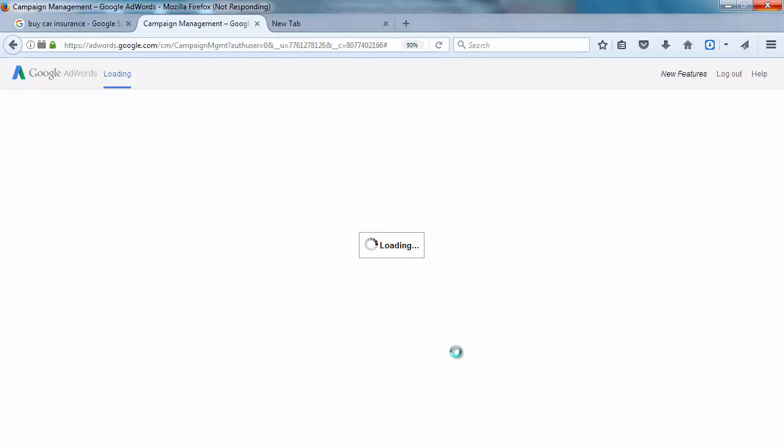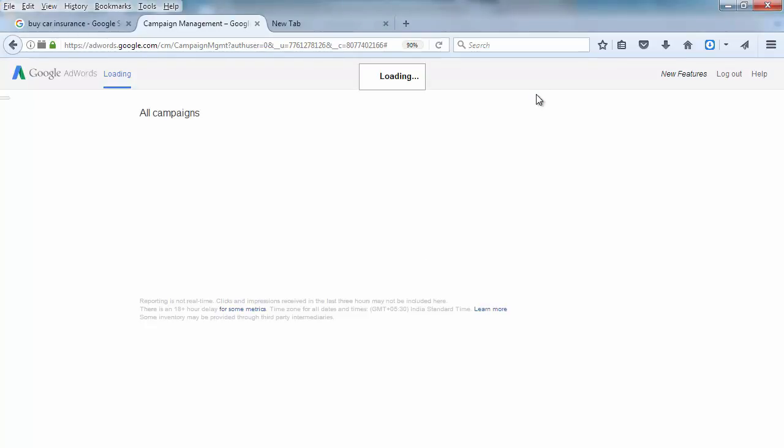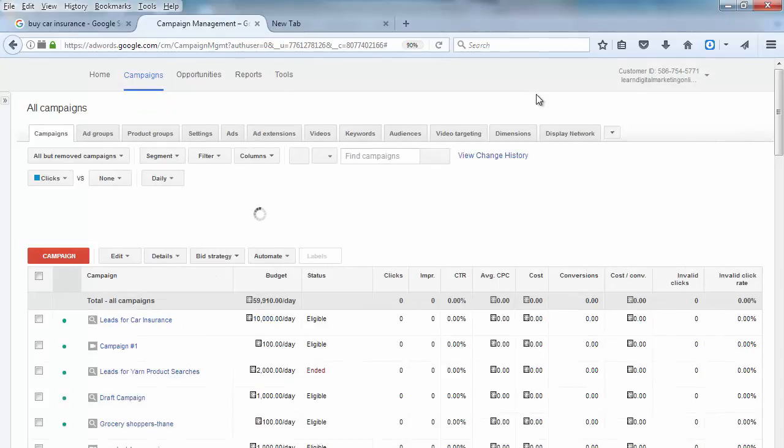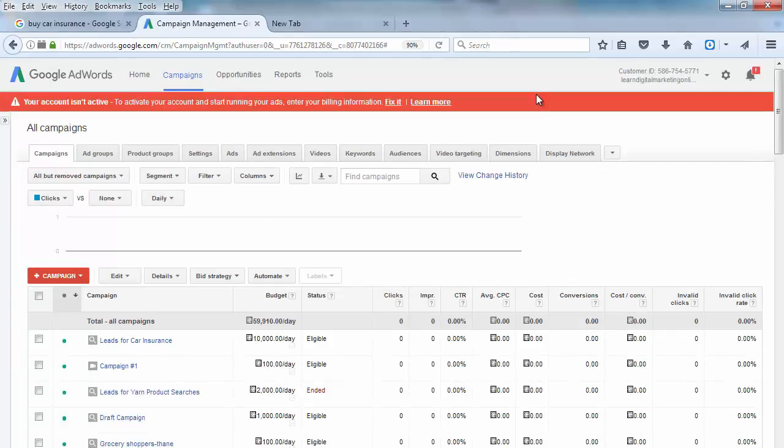Once you land in the interface, you will be seeing 4 to 5 major tabs at the top. That would be Home, Campaigns, Opportunities, Reports and Tools. The majority of the time which you would be spending would indeed be in the campaigns tab. As this account of mine is one in which campaigns are already created, I am seeing this particular look and